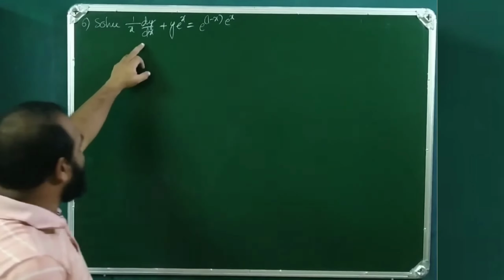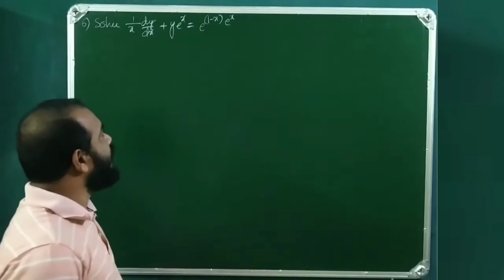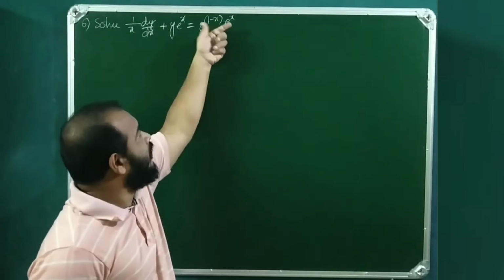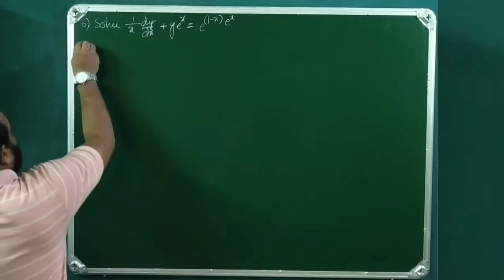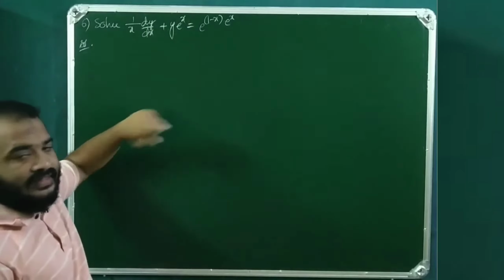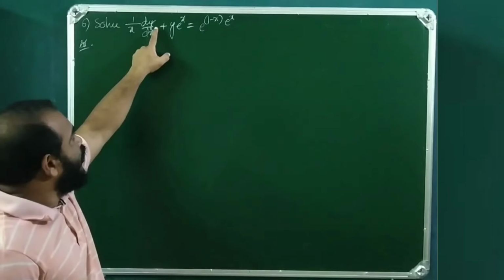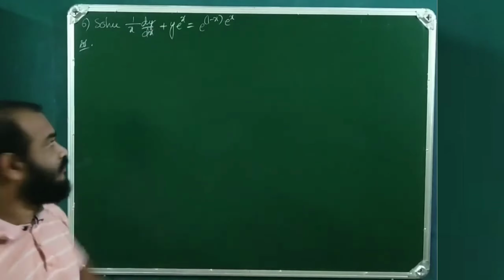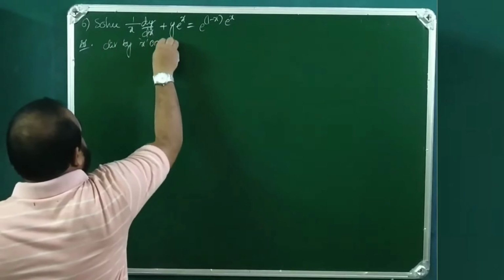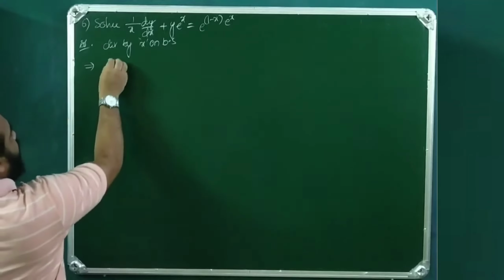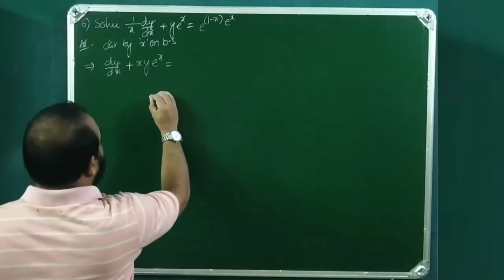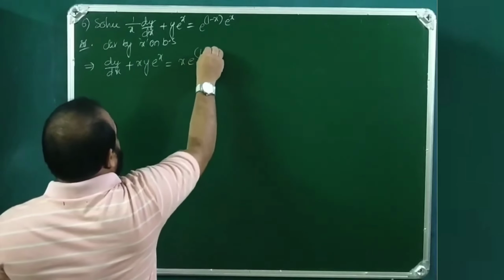Solve 1 by x dy by dx plus y into e power x equals e power 1 minus x into e power x. This e power x is on the power of this e. So as usual, first let us divide the entire equation by x. Then x by x is 1, so the coefficient of dy by dx will become 1. So multiplying by x on both sides, then we'll get dy by dx plus xy e power x equals x into e power 1 minus x